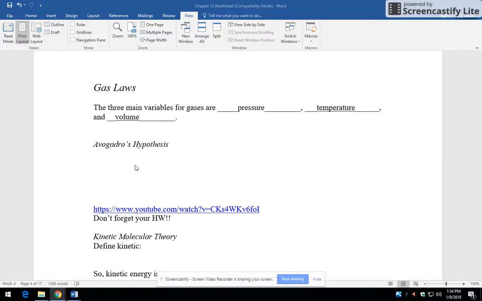So Avogadro did not know 6.02 times 10 to the 23rd. He was a much earlier chemist. That all came around later, and the number got named after him. But his hypothesis, which ended up being correct, otherwise why would we be talking about it, was a really powerful concept. And his idea was that if you have equal volumes